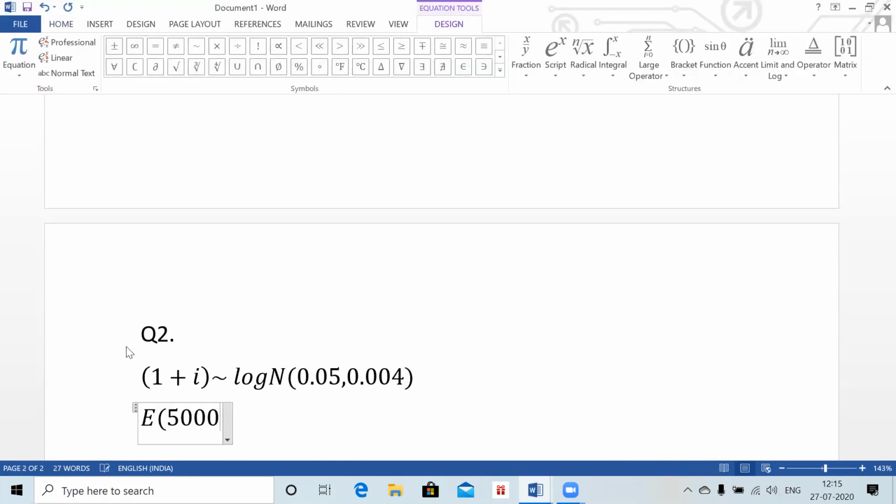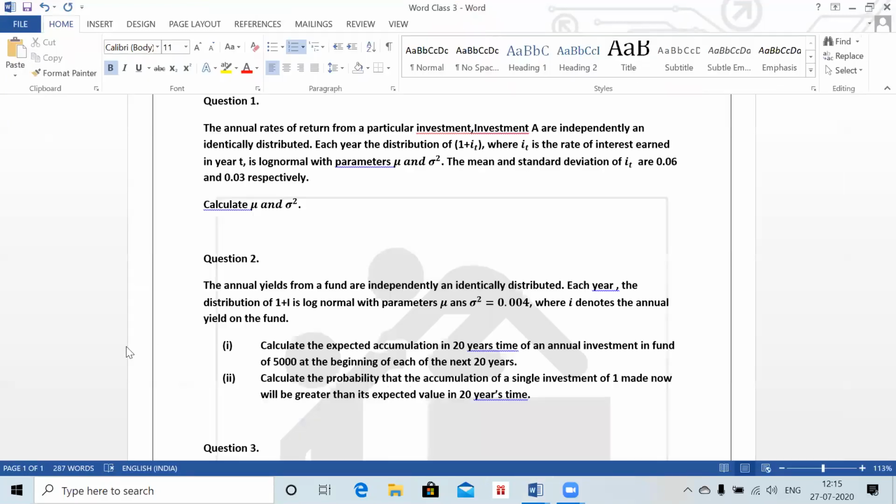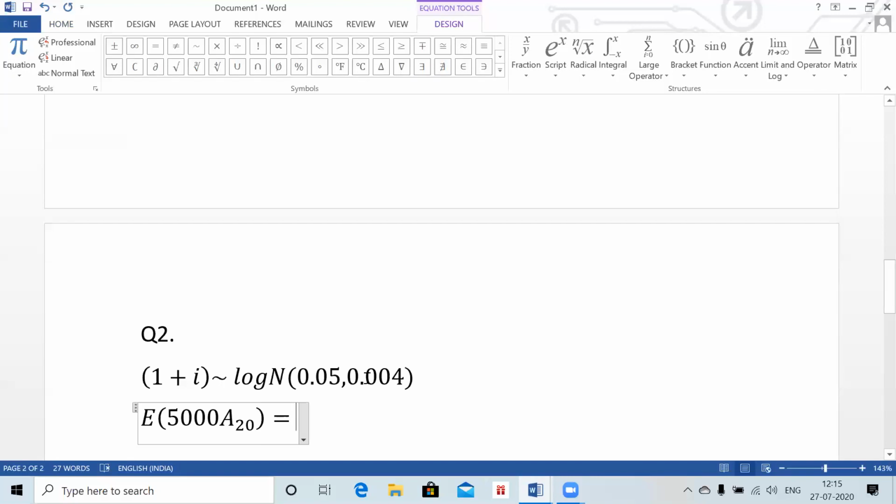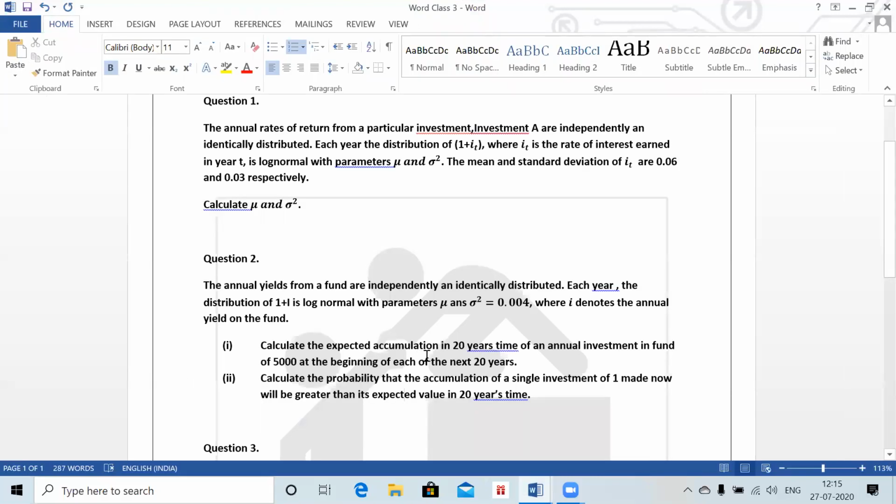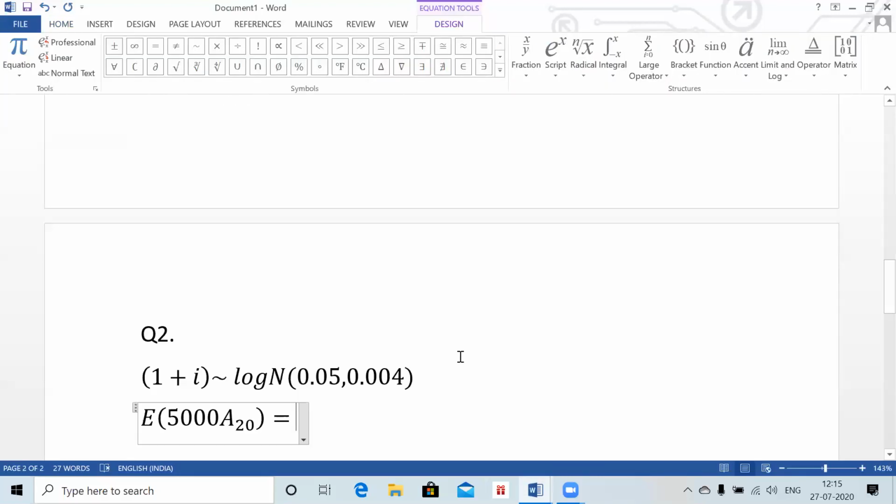So expectation of 5,000 A underscore 20. A is the accumulated value. 5,000 is the value of what we are investing. We have to calculate the expected accumulation in 20 years time, and 5,000 is invested at the beginning of each year. So 5,000 expectation of A underscore 20 is basically equal to 5,000